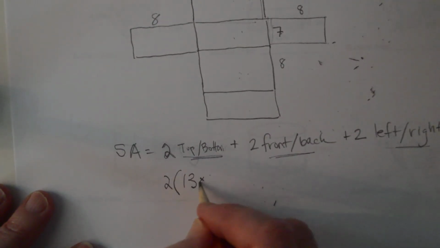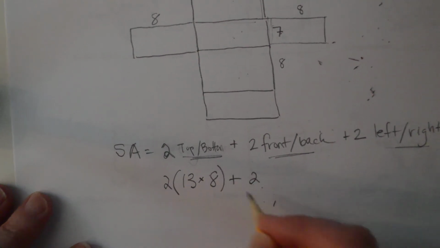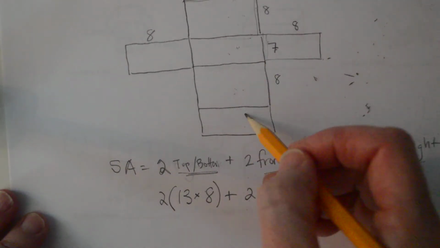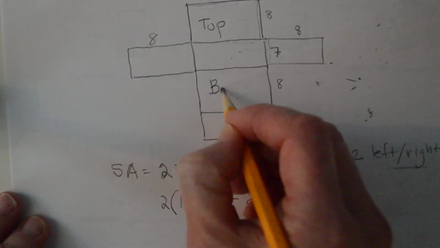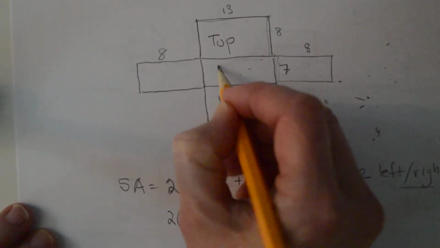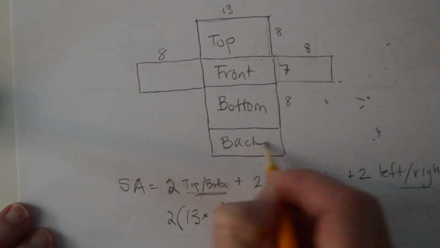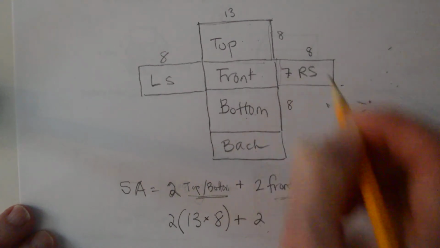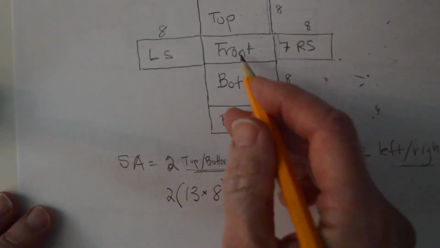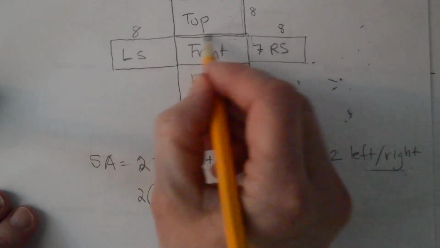So 13 times 8 plus 2 of the front and back. That's these right here. And again, if you want to label them, that might be helpful. This is top and bottom. This is front and back. And this is left side, right side. Right? So front and back, we're going to have two of them, and their dimensions are, in this direction, that